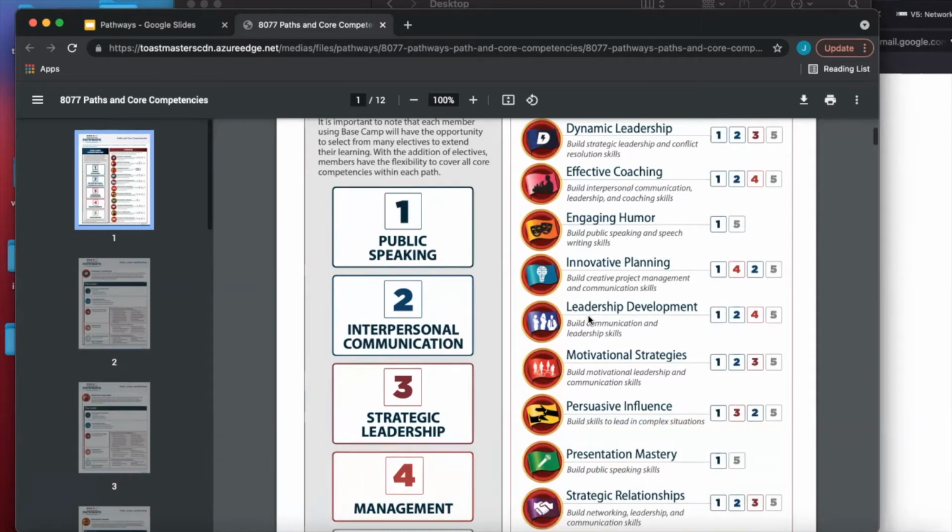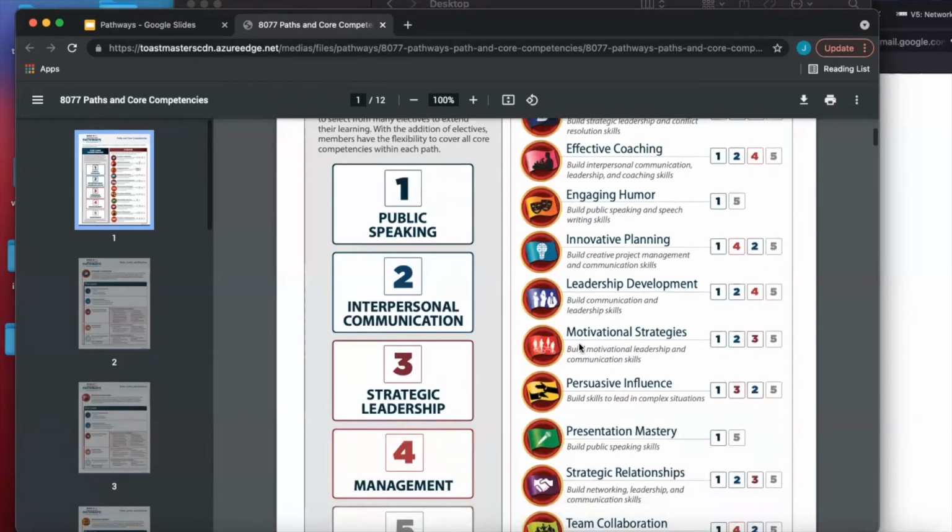One is from being an officer at club level, area level, division level, or district level, or even beyond. And also in hosting contests, there are so many different contests happening always in Toastmasters, and when you host the contest, you're building a team and working with them and making it happen. So all those things are great opportunities to learn leadership.